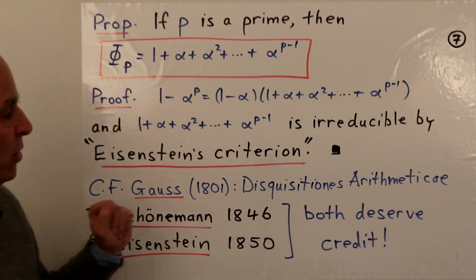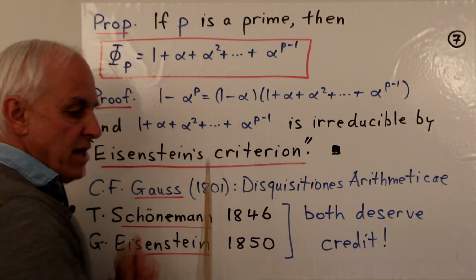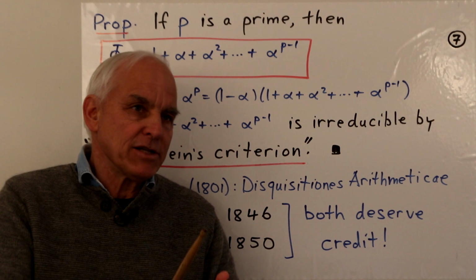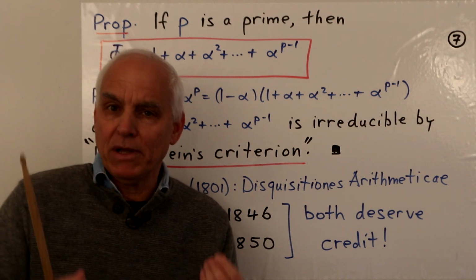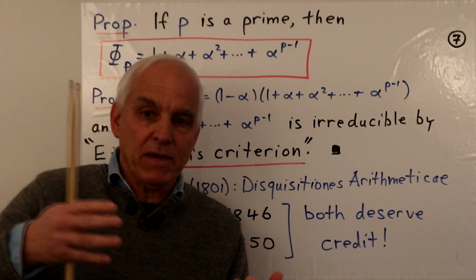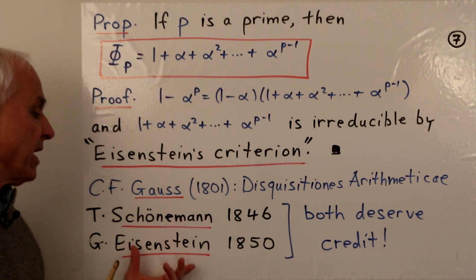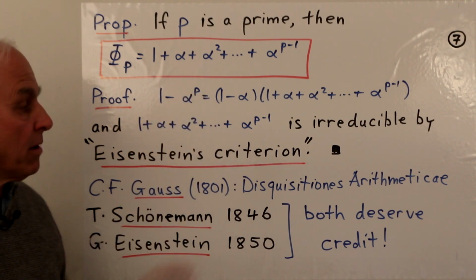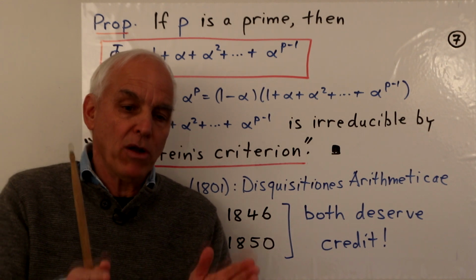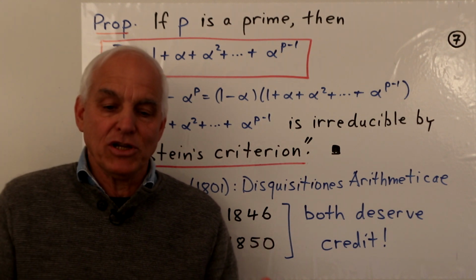Okay. So the first thing that we want to do in our next video is to go into this in a little bit more depth. So this entire question of factorization really depends on us knowing a little bit more about irreducibility in the world of polynumbers, the equivalent property of being a prime in the number theoretical world. And we want to explain this Schönemann-Eisenstein criterion, so we'll be able to prove this kind of thing. Because identifying irreducible polynomials or polynumbers is an important part of this story because we want factorizations into irreducibles.